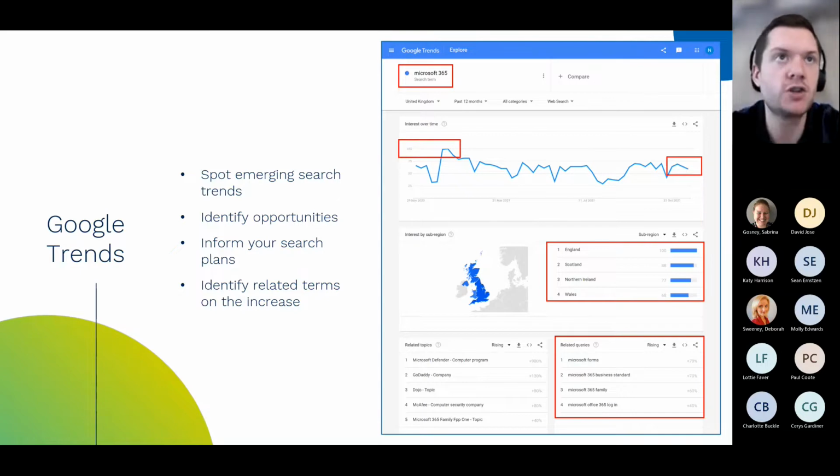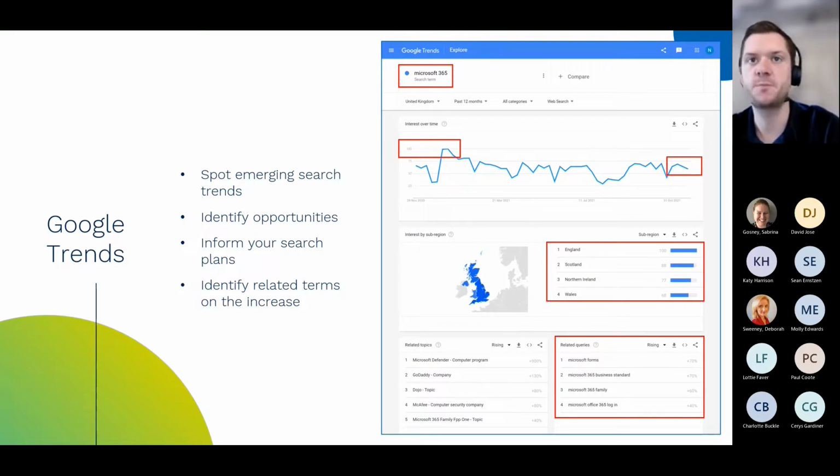So it looks somewhere around December 2020, January 2021 is when it had the most searches it's ever had. You can see towards the back end of last year, it's hovering somewhere between 70 to 75% of that interest. But then we can look at the interest by sub-region.